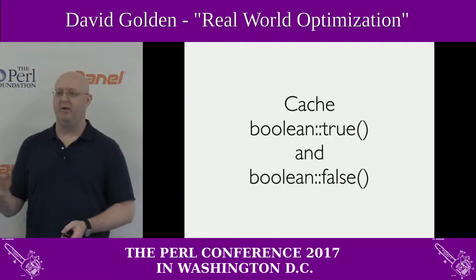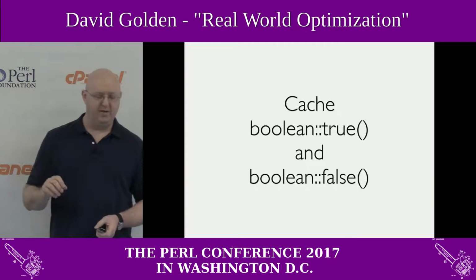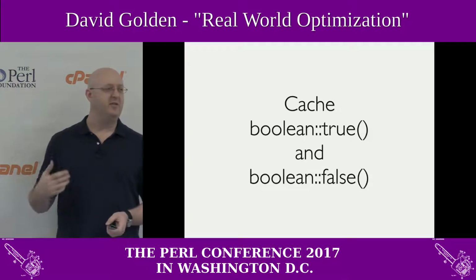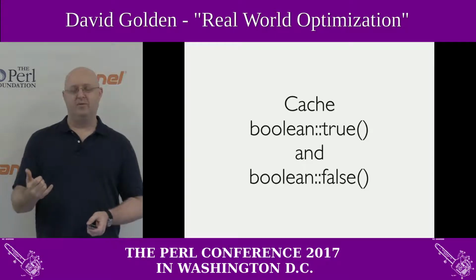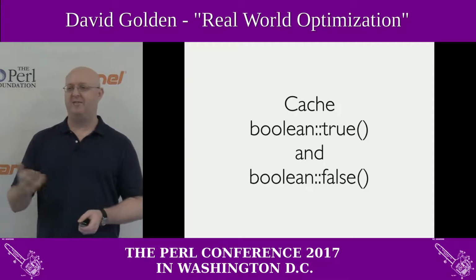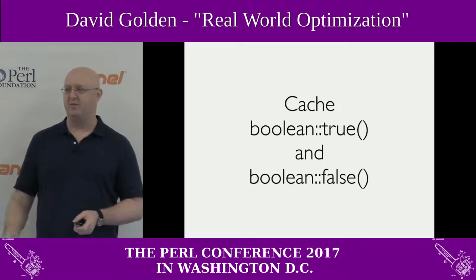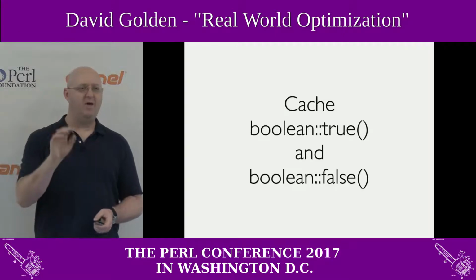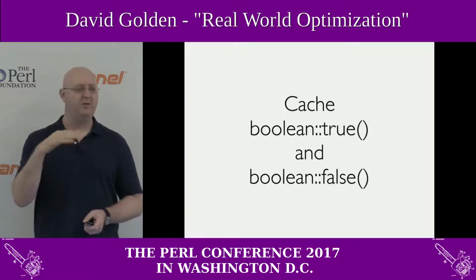So for those of you who were here early and saw me give my lightning talk about Boolean.pm, Boolean.pm gives you true and false. These are constant functions that give you these singletons. Even though they're functions, there's still stuff that's happening. And Perl is not, in all cases, smart enough to optimize away those operations. And so I found that in certain cases, just calling that once and caching it locally and just dropping it